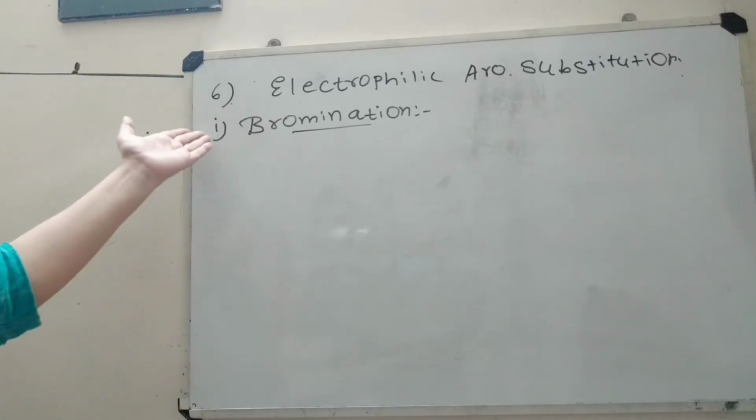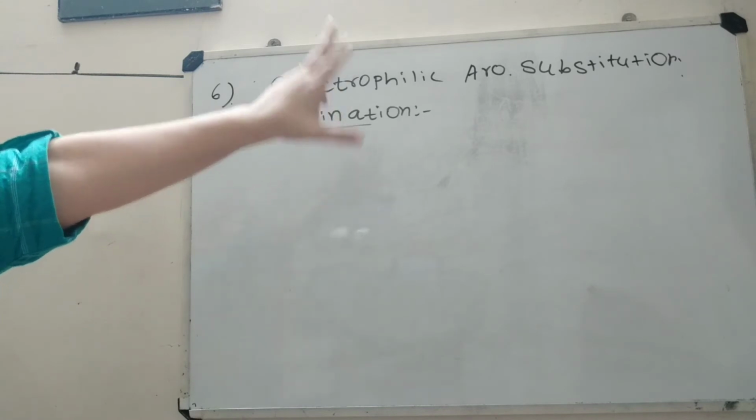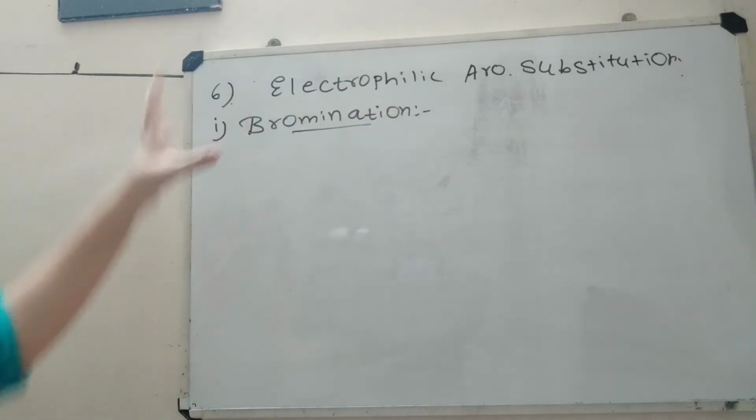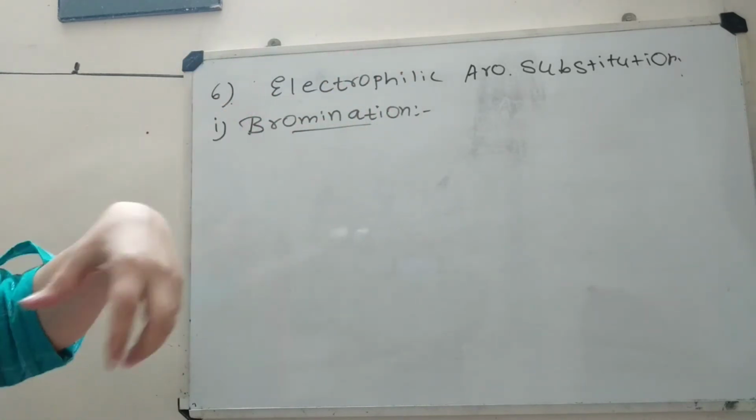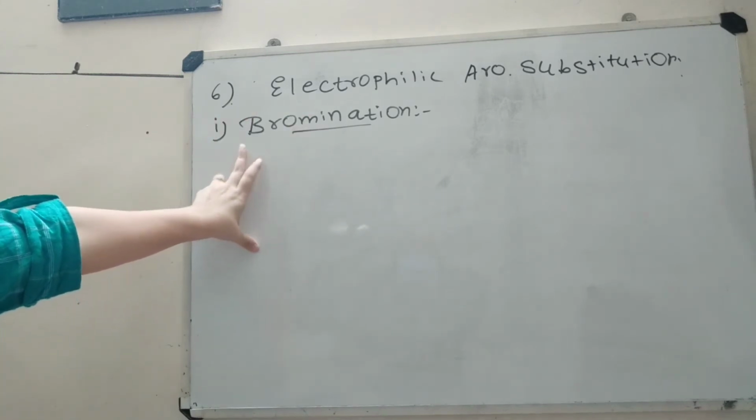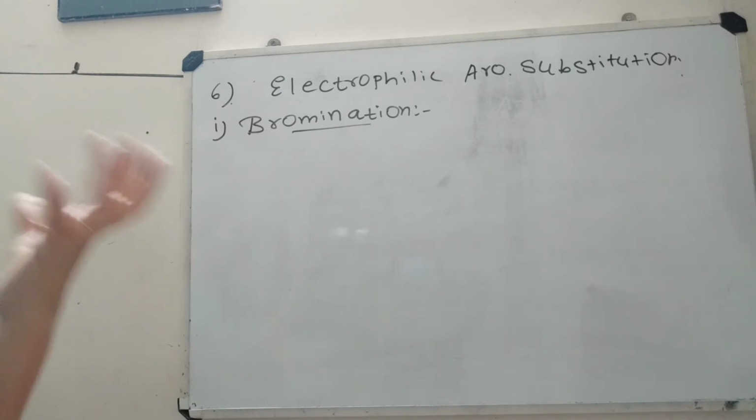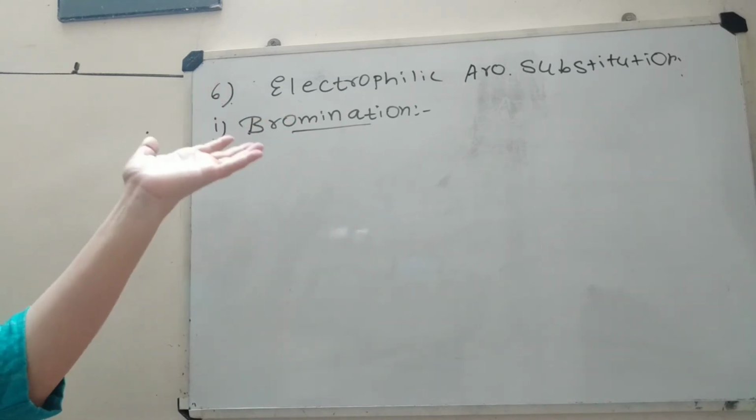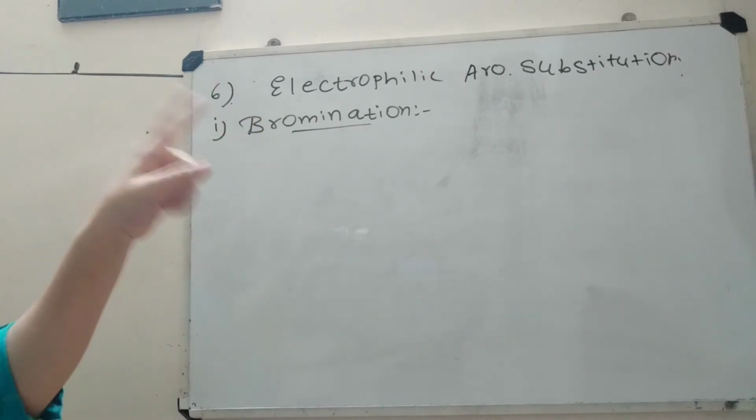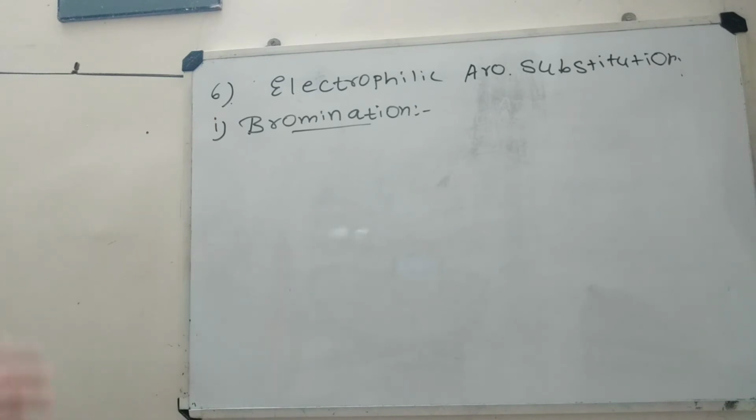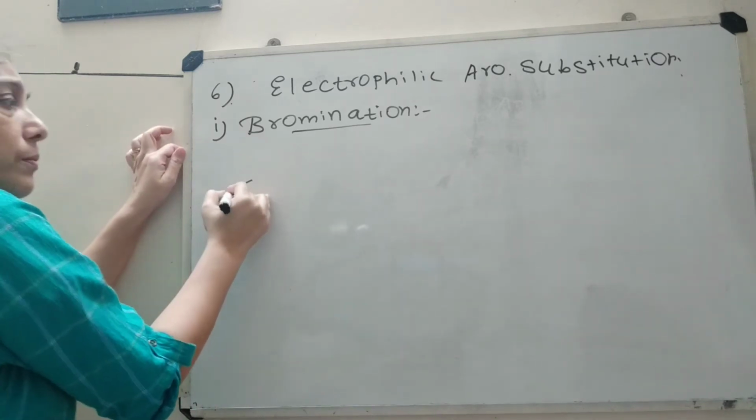After the fifth reaction, the sixth one is electrophilic aromatic substitution. In the aromatic group, there is the substitution. Let us start with the first one, bromination. In this bromination, in all these examples, we have to take aniline, meaning C6H5NH2. When the aniline reacts with bromine water at room temperature,